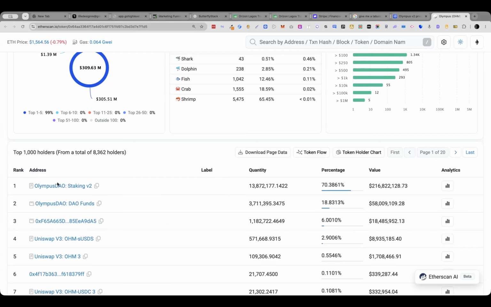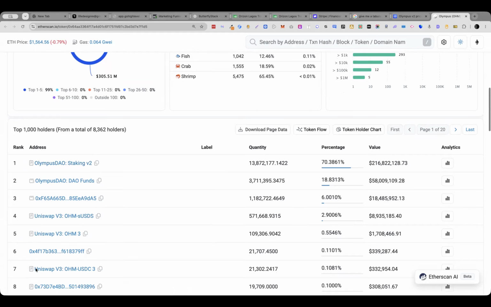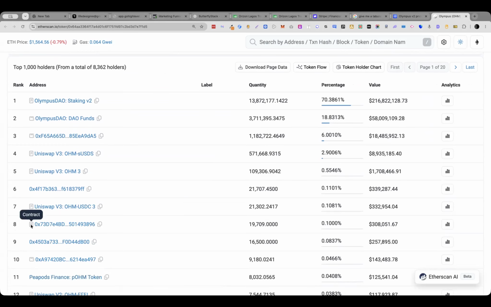That top wallet is usually a contract. The wallets that seem to have a lot of assets, this one is 18%, 6%, 2%, all of those are smart accounts, contracts. And you can see Uniswap. This money is in the swap, in the liquidity pool. Staking, this is in the treasury. Where you see contract, you know that money is not in somebody's wallet. It is protocol assets,